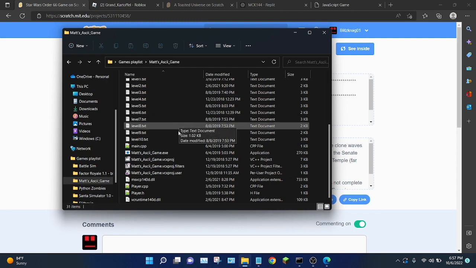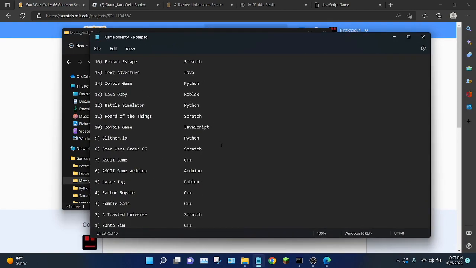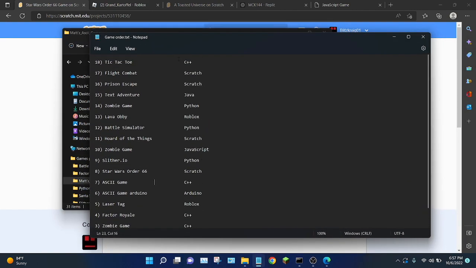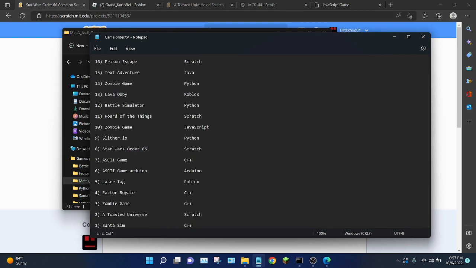Number 7 on the list is one of my all-time favorite coding projects. This was made in C++, and you'll see on the list, C++ is definitely my favorite language, because even though the Tic Tac Toe was the worst one, you can see that the final 4 consist almost entirely of C++. This is definitely my coding language of choice.